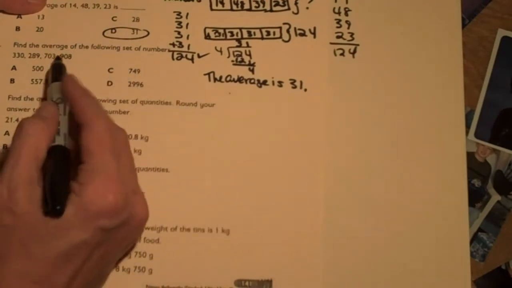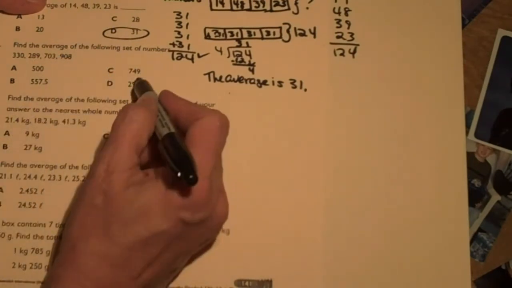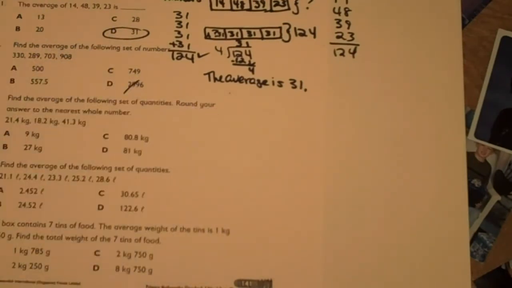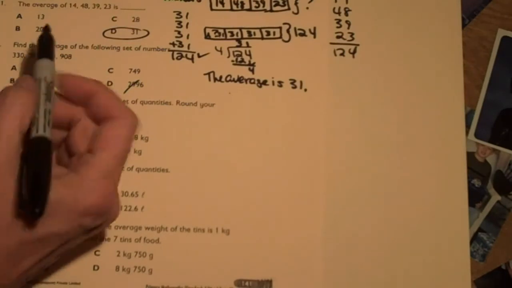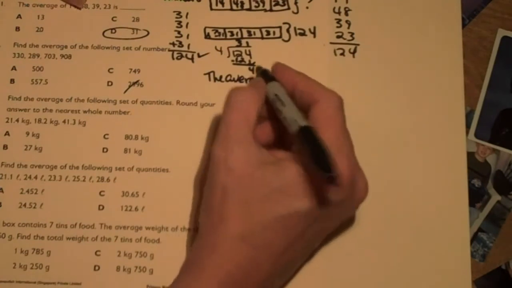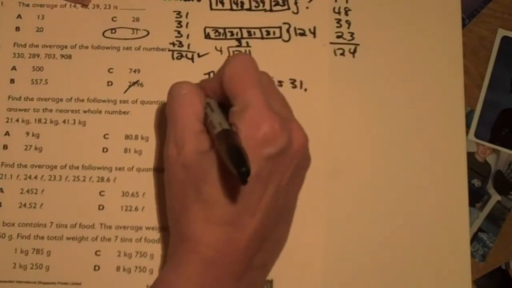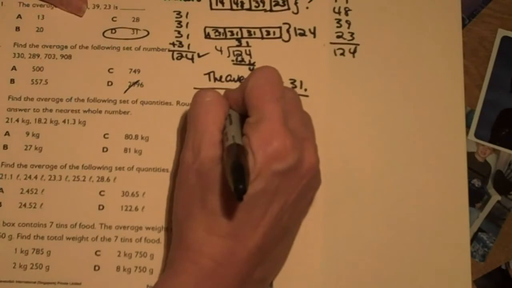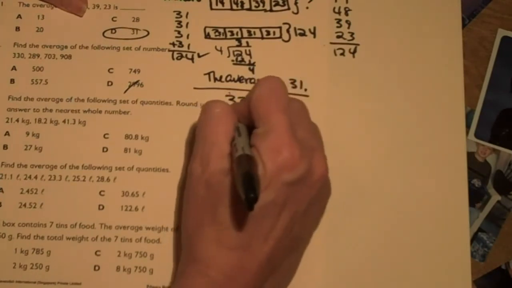So immediately I know my highest number is 908. 2,996 cannot possibly be an average, right? All the other numbers are pretty much in the running. 289 is my lowest, 308 is the highest. So, okay, immediately let's just go from there. We're going to add the four numbers together. 330, 289,